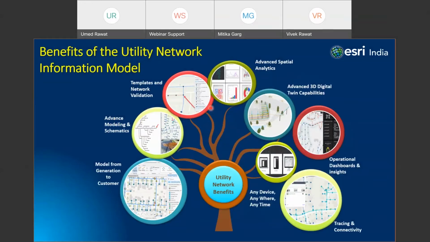Once you enable the utility network, you can get the advantage of accessing it through desktop devices, mobile devices, as well as dashboards and in the field also. It has the capability of web-based editing through field editing also. So it has the accessibility of any device, anywhere and anytime. You can completely access all the capabilities of the ArcGIS Enterprise system, like operations dashboards, insights, and you can also use 3D capability, as the utility network is available in ArcGIS Pro.